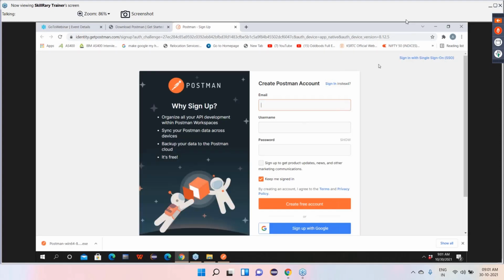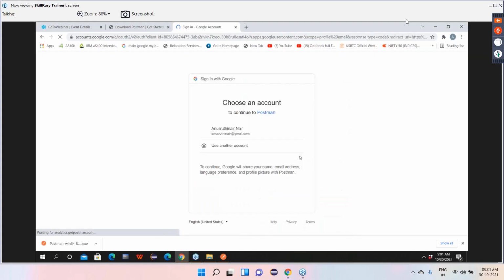You will be redirected to this page. Now again, guys, you can enter your email, username, password, or else you can sign up with Google. Automatically your Google credentials will come here. So, sign up with Google. Let's say I'll select this account.